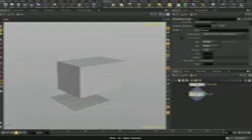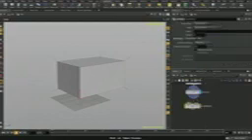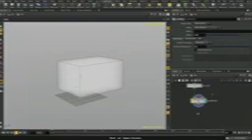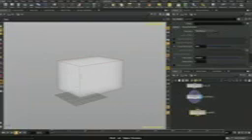However, first we need to figure out how we're going to convert the box into the grid constrained point cloud. First, we need to grab an ISO offset, which will create a volume out of our box. You might notice that the bounding box of the volume is much bigger than our initial box. All we need to do is increase the sampling and make sure to increase the offset as well so the volume fills all the box, which is important for the scatter node